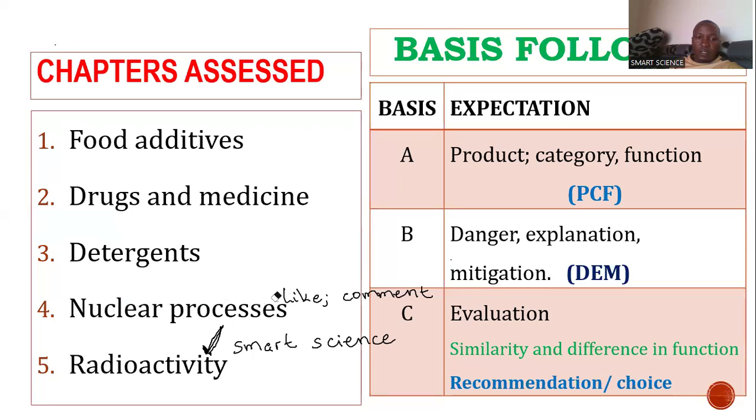So as we start off, among the chapters we handle here, we look at food additives. These are many, can be food colors, thickeners, sweeteners, preservatives, among others. So generally, we group them into one. Then we have drugs and medicine, we have detergents, we have nuclear processes,